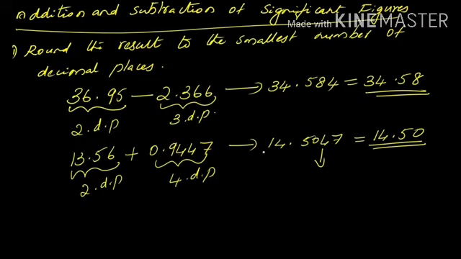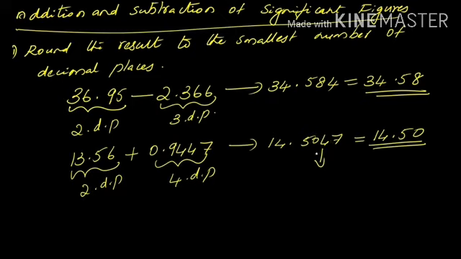If the digit that we are going to round is greater than 5, it means you need to add 1 to the next number, or if it is less than 5, you just need to delete that particular number. So that is how you need to round or approximate a value. I hope you know it. If you are having any doubt in it, please contact me.